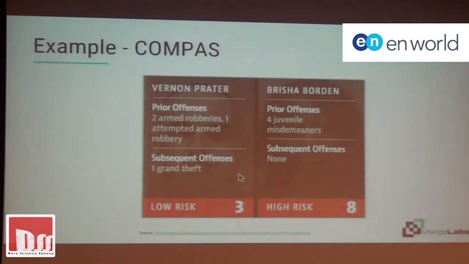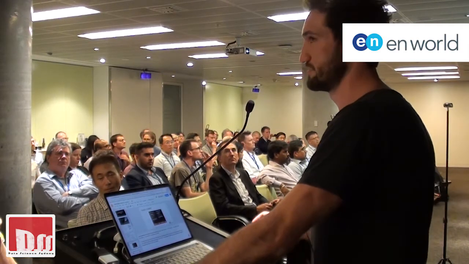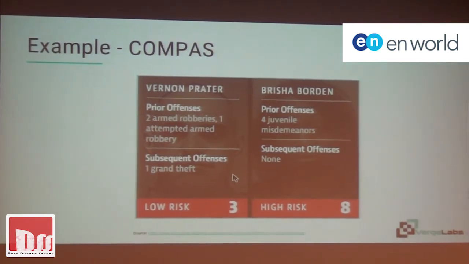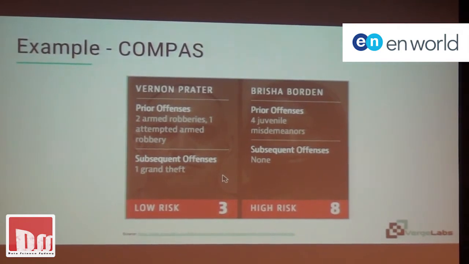What happened subsequently? Well, he committed a grand theft auto, I guess. He had more prior offenses. Her offenses were quite minor, yet she was rated as a high risk. And as I say, subsequently, we found out that the model was incorrect. Obviously this is anecdotal, but this was quite a big scandal in the US at the time, because there was clearly a demographic bias in some of these models. And obviously they weren't using race as a factor, but there were a whole lot of proxies being used for that.